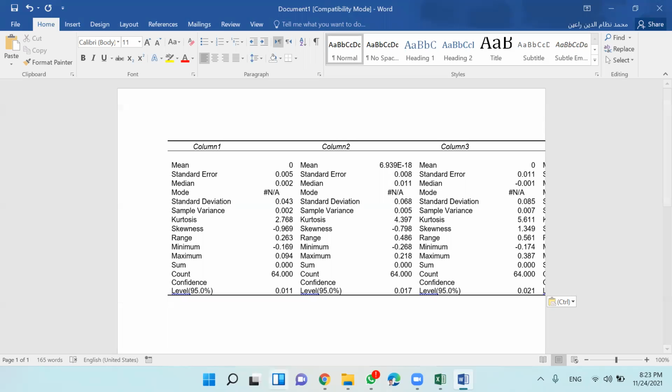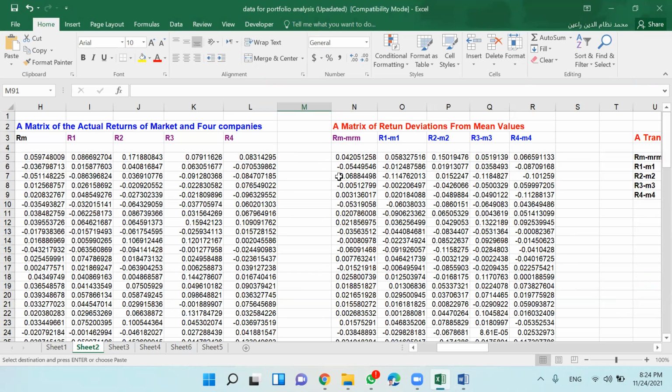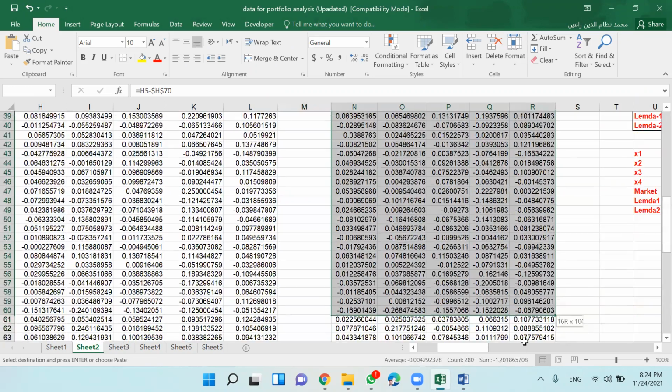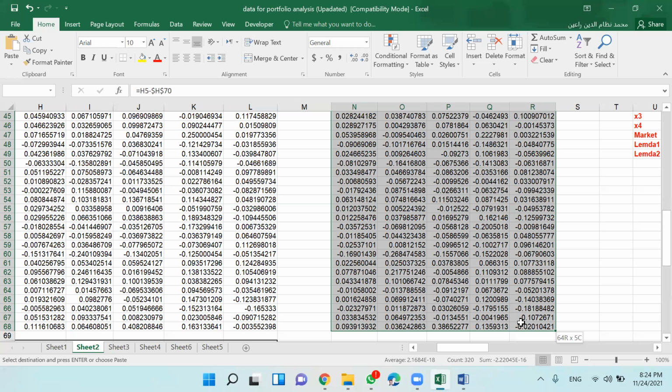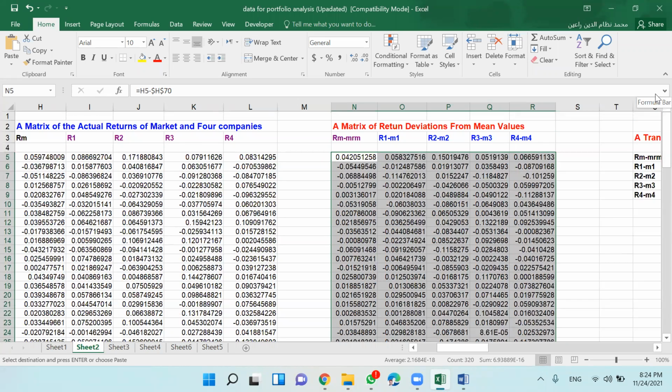Okay, let us now be back to our topic. So now I said that in order to estimate variance covariance matrix, just treat this as a return matrix. Return matrix and deviations.